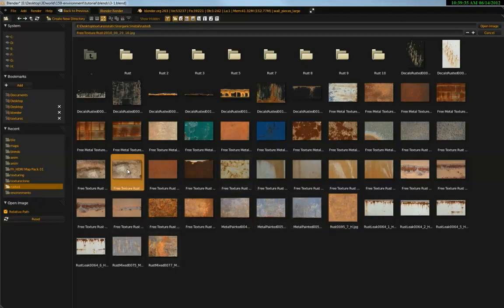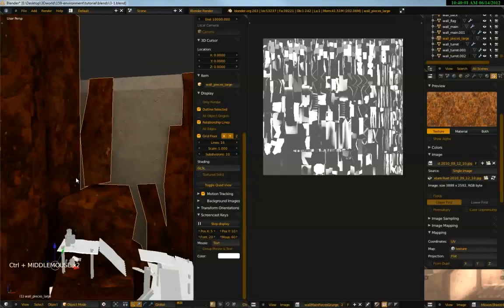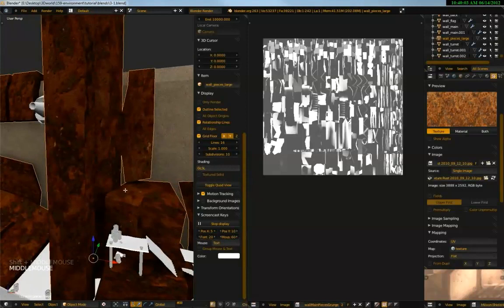These free textures here, you can see I got them for free. I can't actually remember where I got them from though, so I won't use those ones. But you can get them from the internet. Actually, I think it was from a site called freetextures.com or something like that. So yeah, I might just see what this one looks like, because I like the look of it. That actually looks quite nice. It's not tileable, I see, but